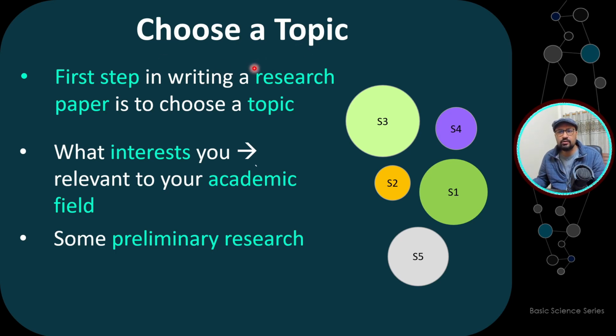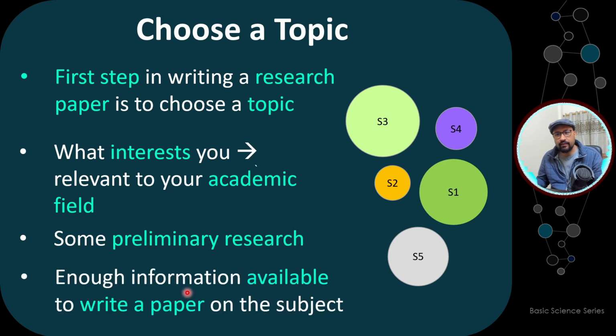So first point is choose a topic. Selecting an area. And now selecting a topic is also very, very important, right? You can't work on low impact areas. You need to work on high impact areas because then the people are working in that area. For example, recently people working on so many infectious diseases, and you can select some of the topics that are relevant to that area. So what happens is your research is going to become more impactful.